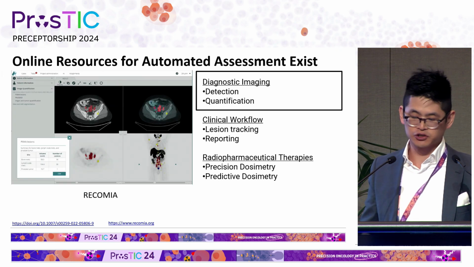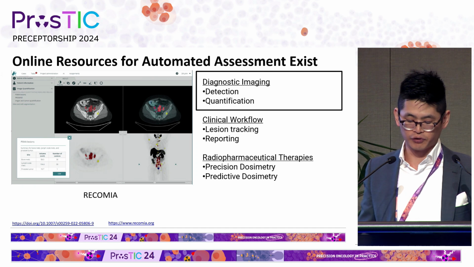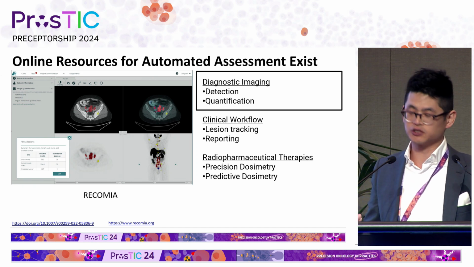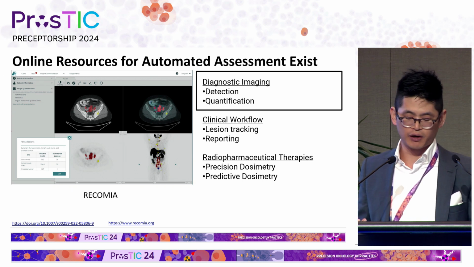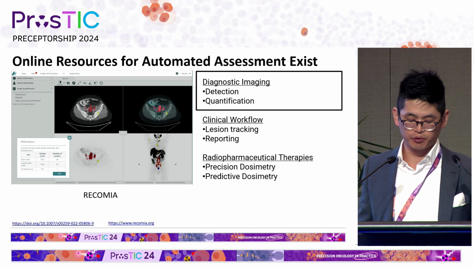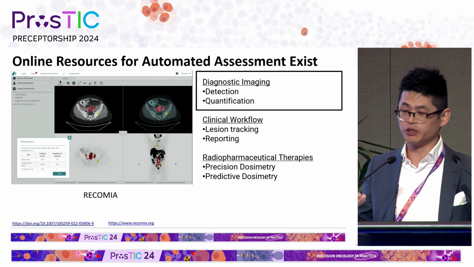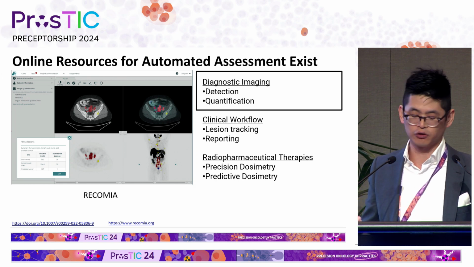So, there are other solutions. There's a more open and free solution by the Scandinavian group called RECOMIA. This can be accessed with request. And this one focused just on pelvic node detection and achieved better, with around 1.8 false positives per patient. That seems lower, but actually when you looked at the difference between doctors, the false positive rate was 0.3. So that's really the practical number to beat.